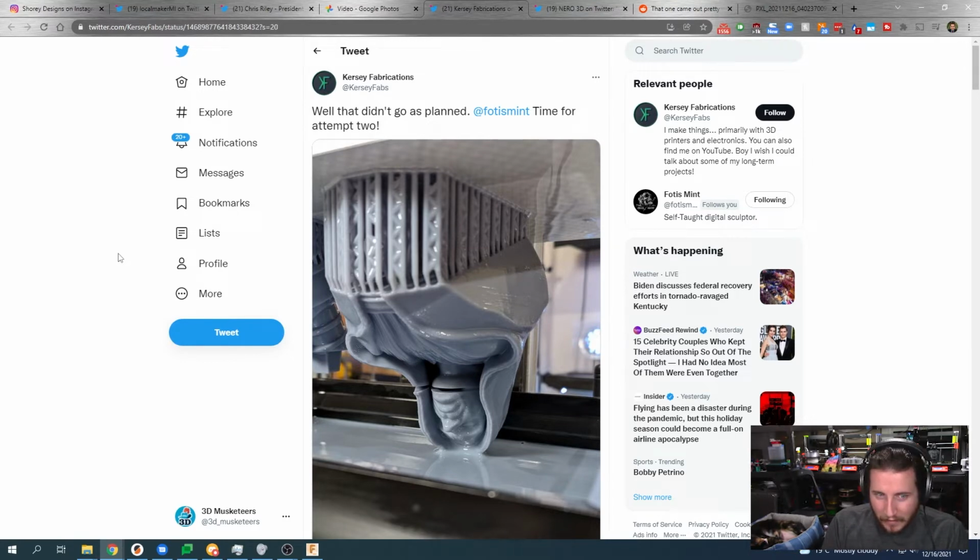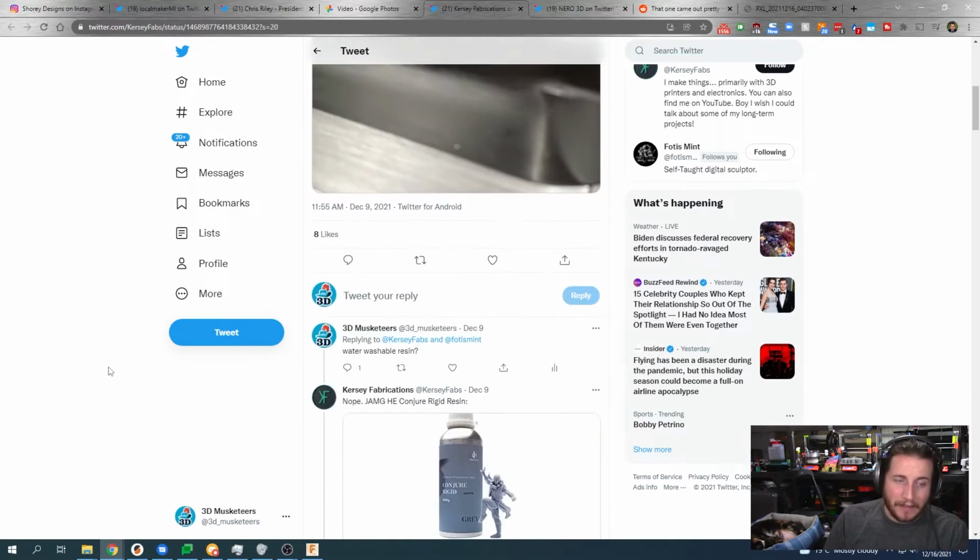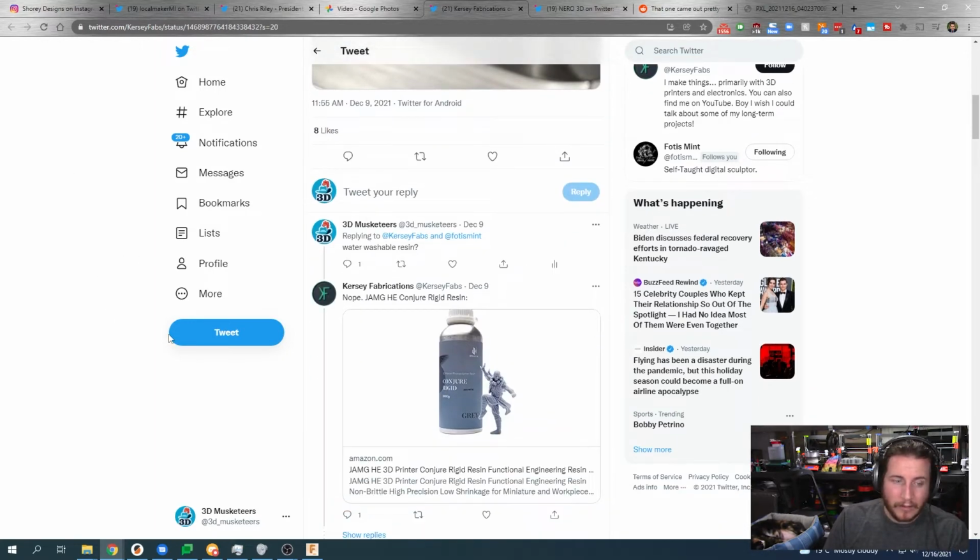But this is a larger resin 3D printer, and if this model was scaled up a fair bit, the drain holes may not be adequate, and it might actually be creating some suction force, which can cause the model to separate like that. Now, this is more common in the water washable resins, and I even asked about this, understanding that we were going to include this in a PrintFailFriday, but they're using this